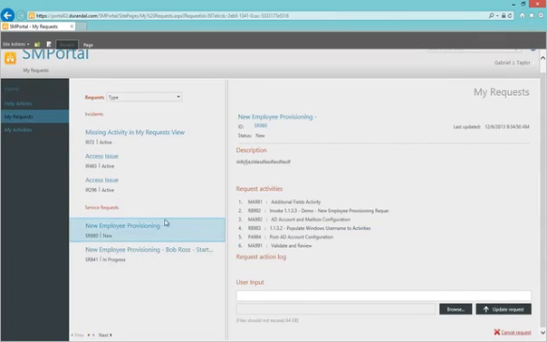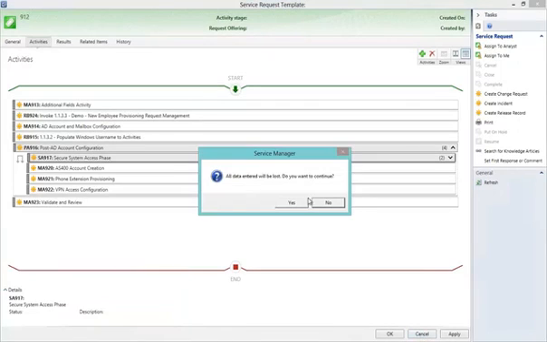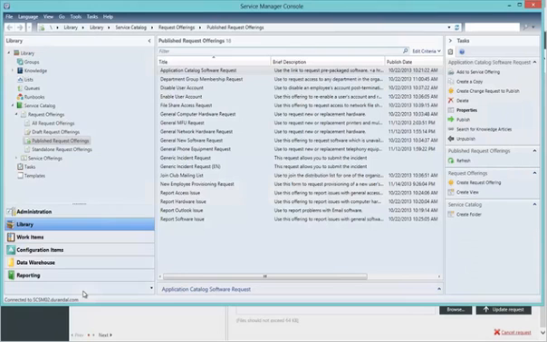We can see right now the request is created. We can see the activities in here. Nothing yet in the action log. Currently in the new status. Nothing going on yet. If we hop into Service Manager and look at this exact ticket,